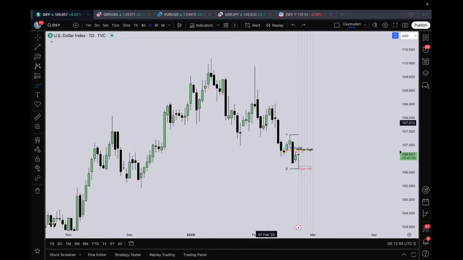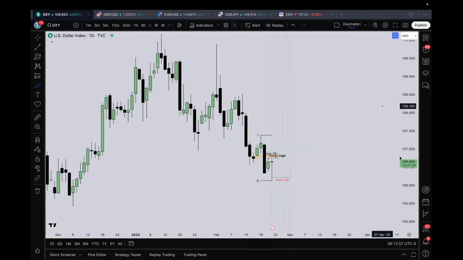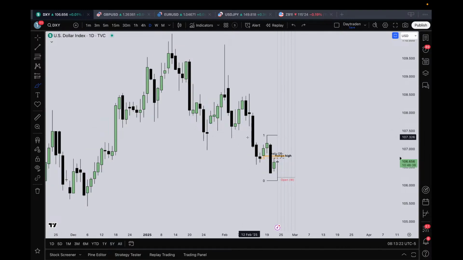However, after the consolidation took place, we can clearly see that after this move, we had a clear breakdown. With this breakdown lower, we saw a retracement higher into this daily key level, which is, of course, the daily fair value gap, where last week we created the Wednesday high of the week profile, where we displaced lower from this daily key level. Here you can clearly see the displacement that took place on Thursday.